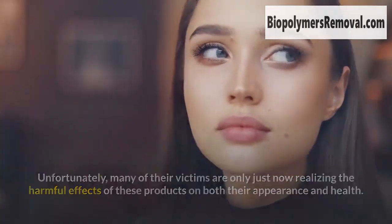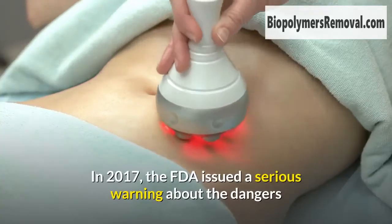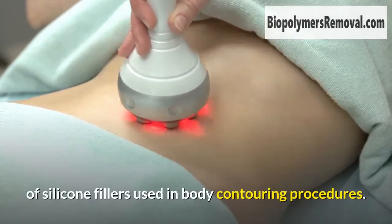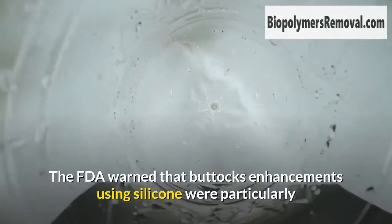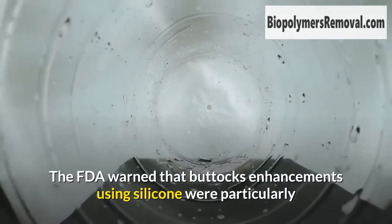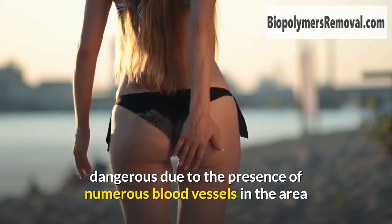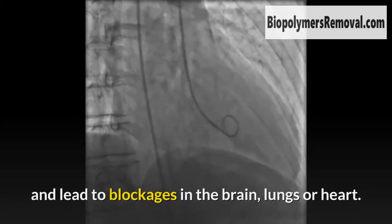and health. FDA warning. In 2017, the FDA issued a serious warning about the dangers of silicone fillers used in body contouring procedures. The FDA warned that buttocks enhancements using silicone were particularly dangerous due to the presence of numerous blood vessels in the area that can allow silicone to travel throughout the body and lead to blockages in the